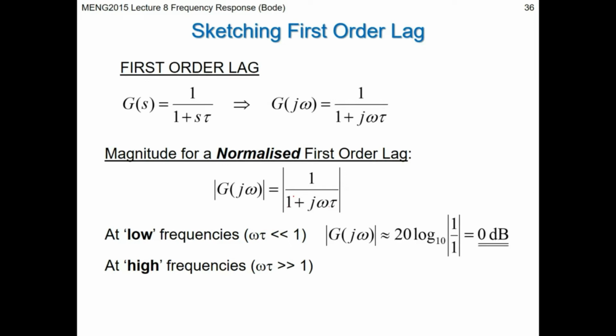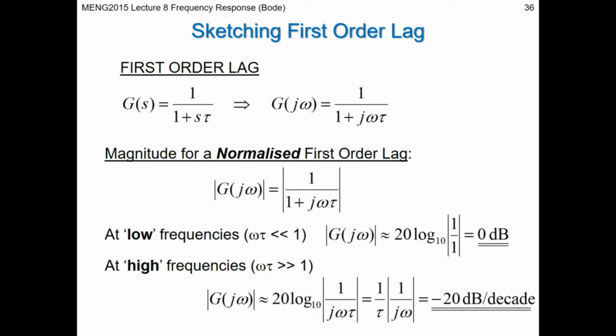If we go to high frequencies, then this is going to be effectively 0, and we're just going to end up with 1 upon J omega tau. And if you take the magnitude, the J is irrelevant, so that gets eliminated. And so that's going to be equal to 1 upon tau, which is a constant, so this magnitude is just a constant term, and then 1 over J omega. This is familiar because this is our pure integrator. So that's why at high frequencies, where omega is much bigger than 1, and we can neglect this term here,